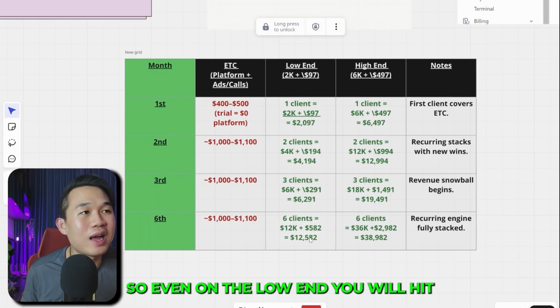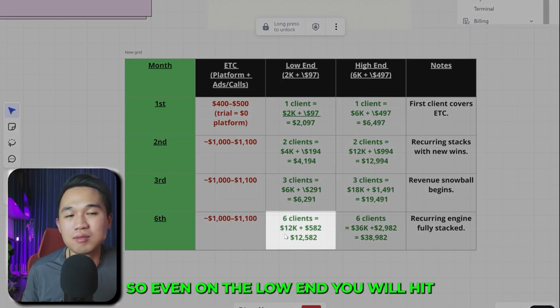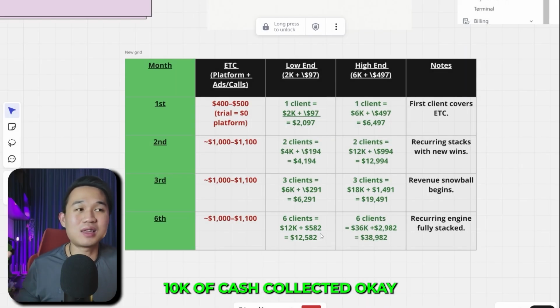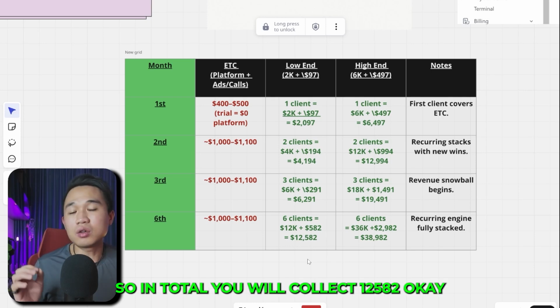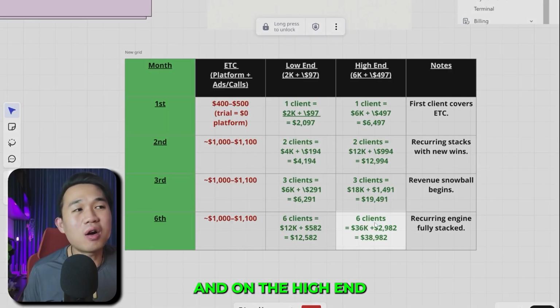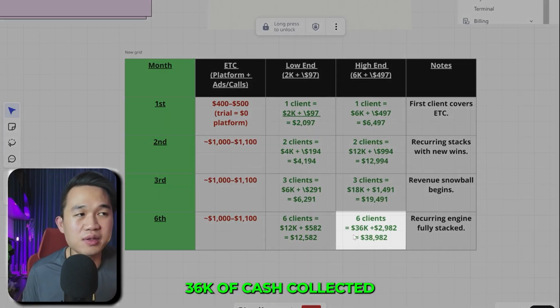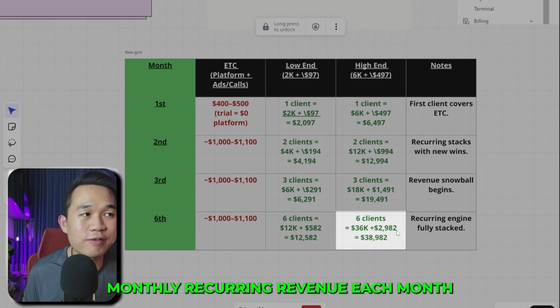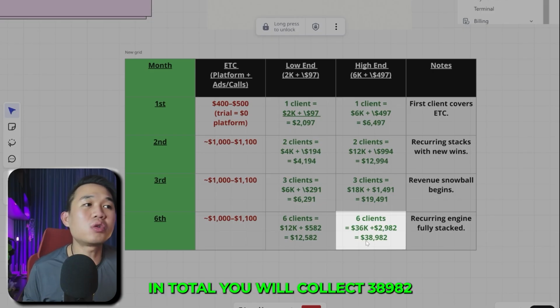Okay, so even on the low end, you will hit 12K of cash collected plus $582 of monthly recurring revenue, right? This is where you actually pass 10K of cash collected. Okay, so in total, you will collect $12,582. Okay, and on the high end, 6 clients still the same, 36K of cash collected plus $2,982 of monthly recurring revenue each month. Right? In total, you will collect